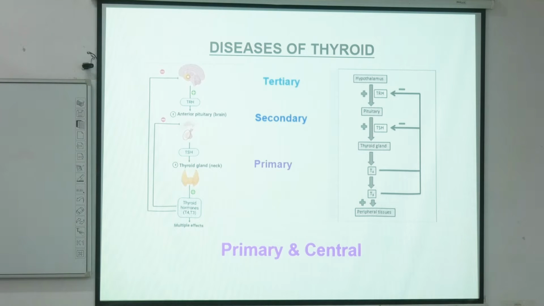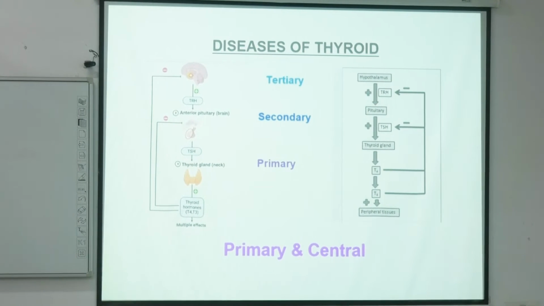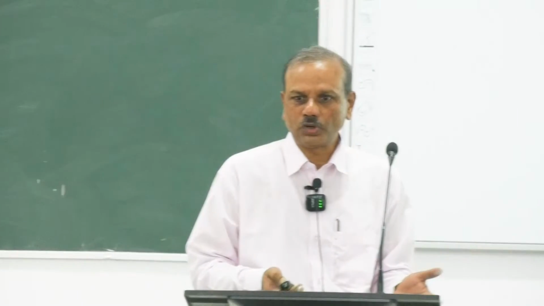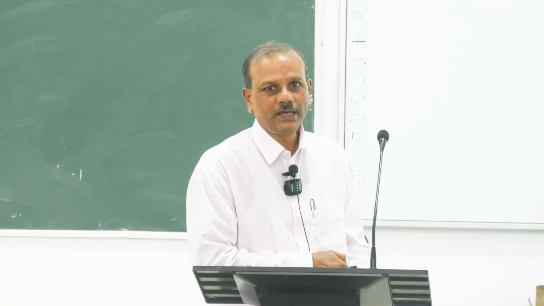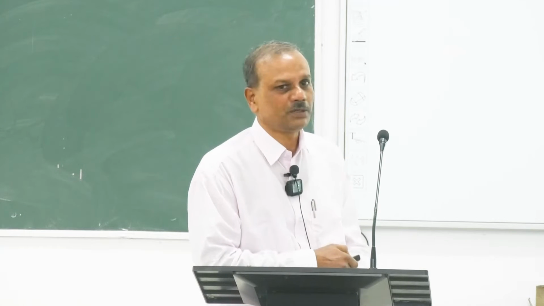So diseases of the thyroid can occur primarily within the gland. That means the thyroid gland itself is diseased. There is a possibility that the pituitary can also be diseased, and the hypothalamus can also be diseased. In our time, when hypothyroidism or hyperthyroidism occurred because of a problem with the thyroid gland itself, it used to be called primary. If the disease is due to the pituitary, that is called secondary, and if it is due to the hypothalamus, it used to be called